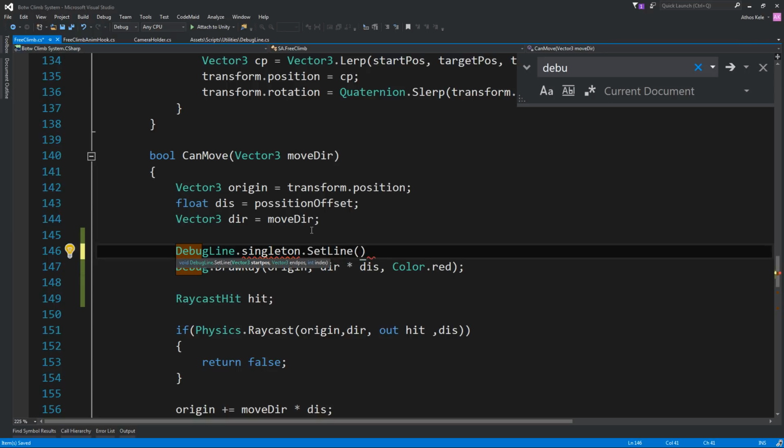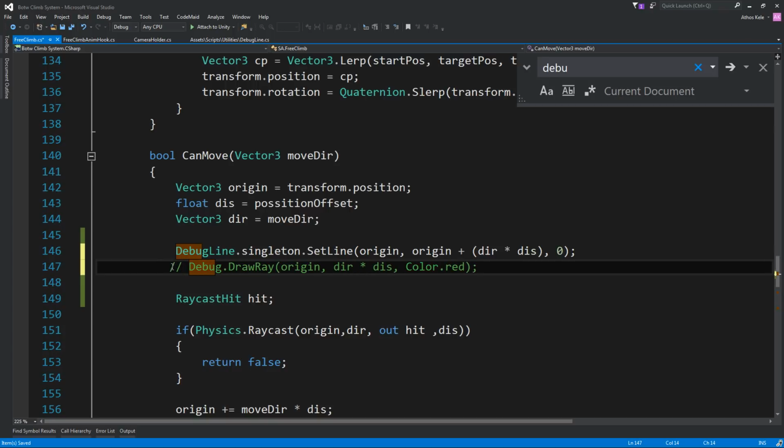Set line. The starting position is going to be your origin. The end position is going to be origin plus dir multiplied by distance, which is basically this, comma, and then the index, just pass 0. Okay, remove that.